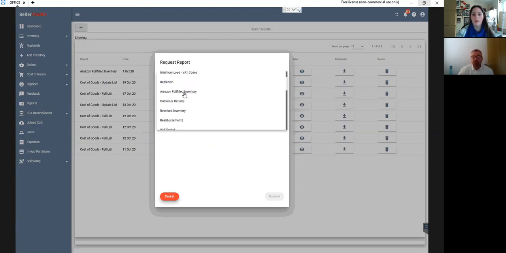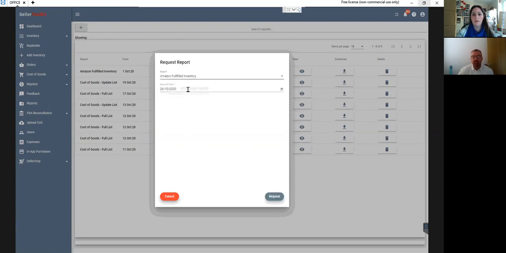Amazon fulfilled inventory report, that's really good because you can click on that for any day in the past and it will download your stock take for that day and include your cogs. So you've got a stock take and valuation for any particular day. That's really good in your accounts. Exactly. Your accountant will want this at year end, and when you're changing from sole trader to limited and limited onto something else, you have a cut-off point. So your accountant will always ask for a stock take, a stock valuation of a particular day,